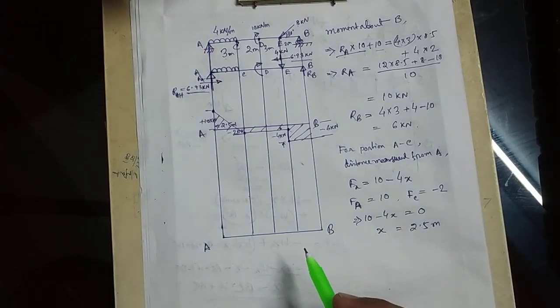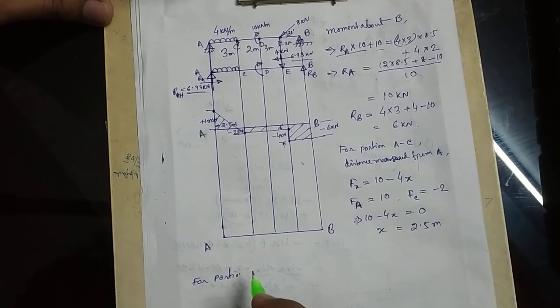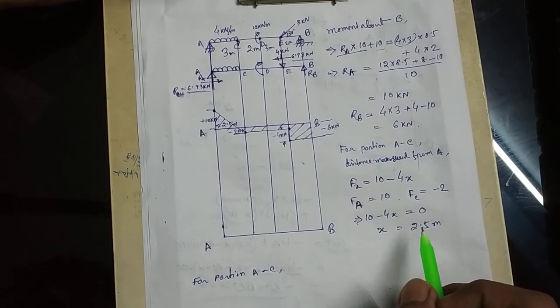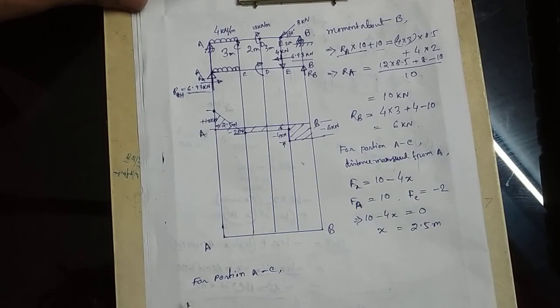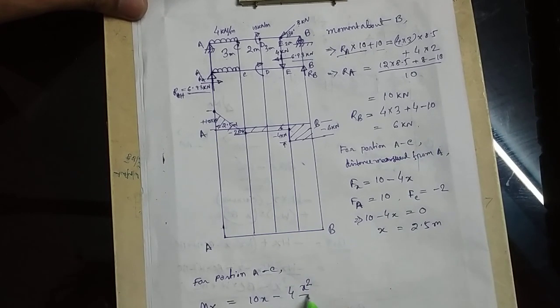For bending moment calculation for portion AC, if we take section XX at a distance x from A, then Mx will be equal to 10 into x minus 4 into x square by 2, and this